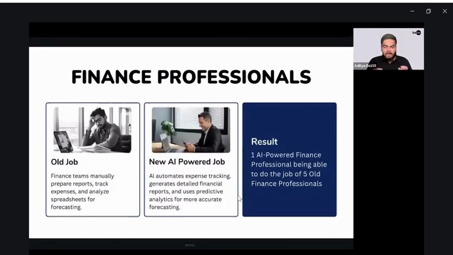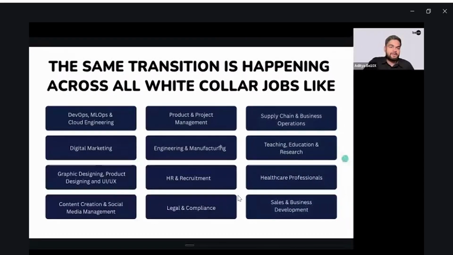But new finance professionals have their agents and have created processes where AI is helping them reduce 90% of the workload. As a result, one AI-powered finance professional is able to do the work of 5 old finance professionals. And the same thing is happening across DevOps, MLOps, cloud engineers, product and project management, supply chain and business